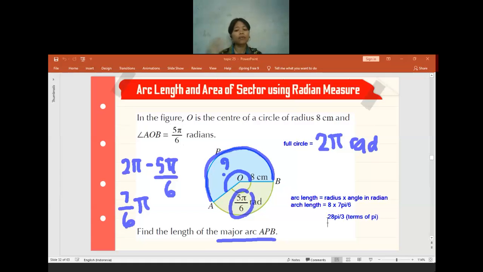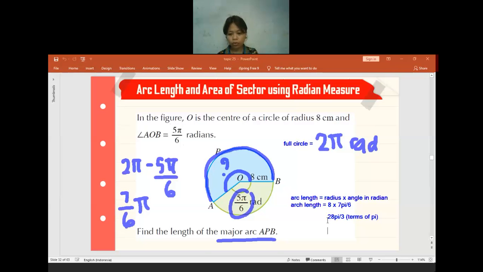It depends on the type of the question, because sometimes the question will ask you to keep it in terms of pi, which means you have to let it be as pi. If you don't have to keep the answer in pi terms, what number will it be as a full decimal? 28 times pi divided by 3, how many will it be?